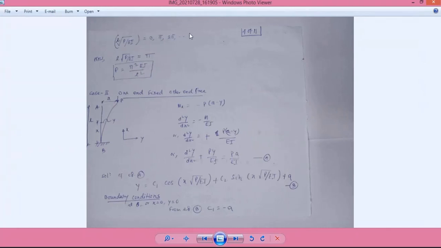If the column is perfectly straight after application of this load, and we give some disturbance on the column and then remove this horizontal disturbance, the column will no longer come back to its initial straight position. It will remain in a buckled position. The column has some curvature after application of this load with some horizontal disturbance. This is the significance of this P load.